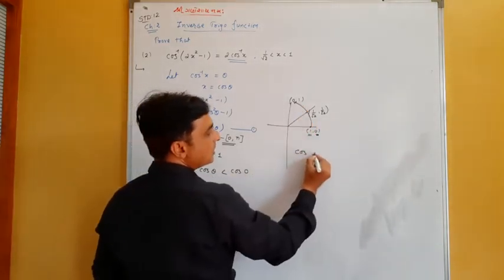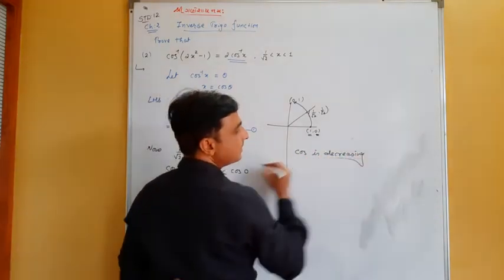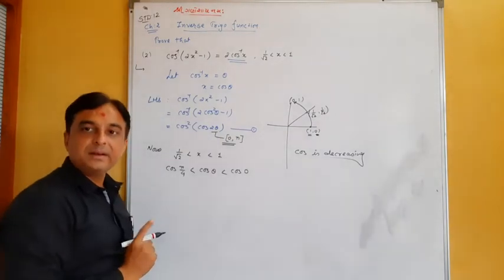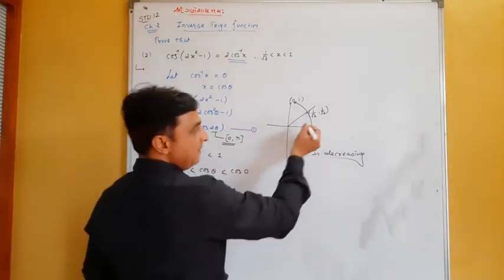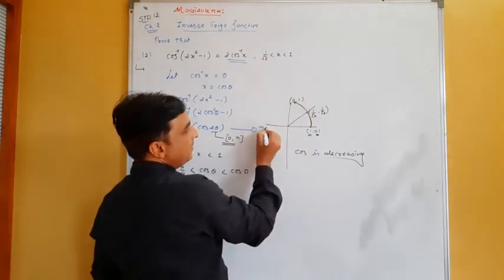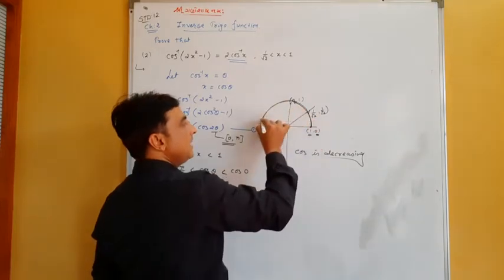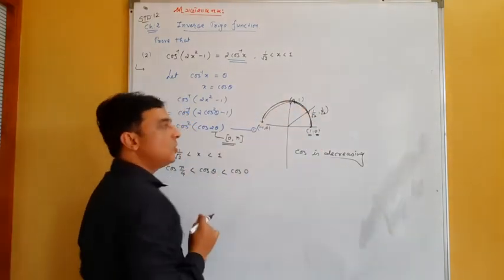That means cos is a decreasing function. In the first quadrant it goes from 1 to 0, and here it becomes 0 to minus 1. That means in the first and second quadrants,